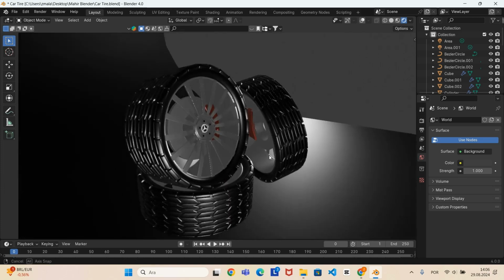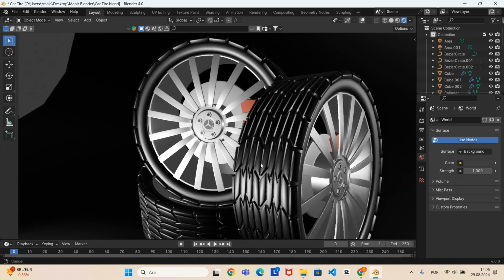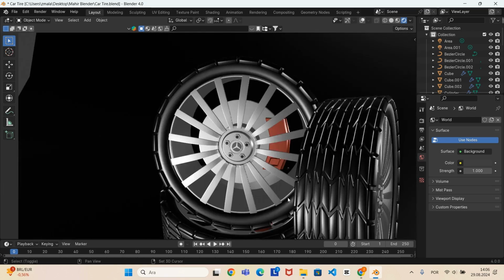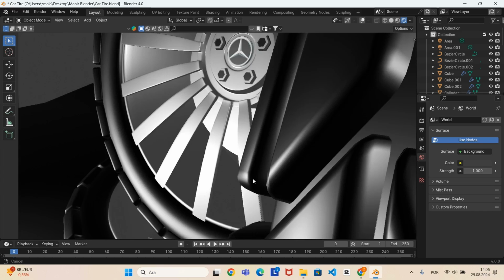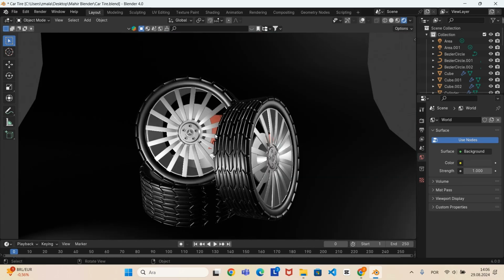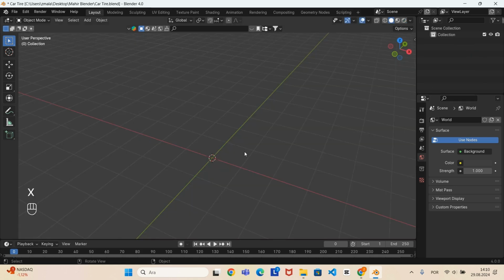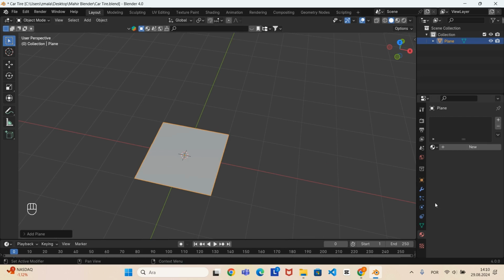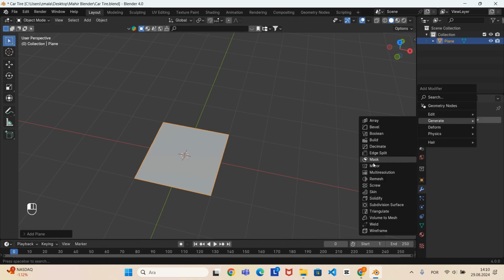Everybody, today I'm going to show you how to create these tires in Blender. So let's get started. First, start by adding a plane, then go to modifiers and add a mirror